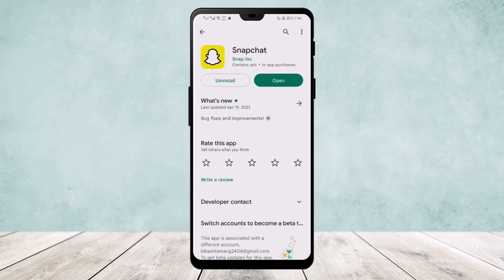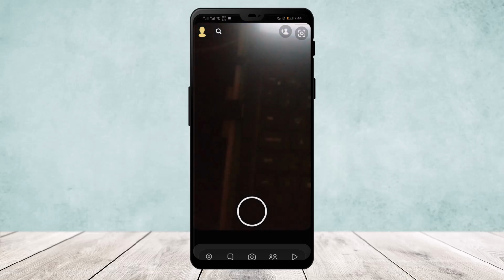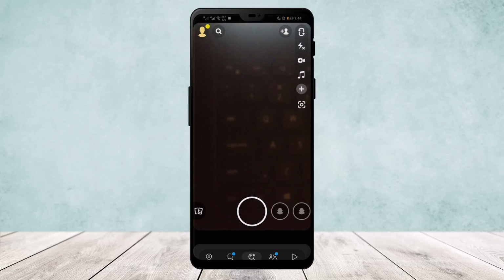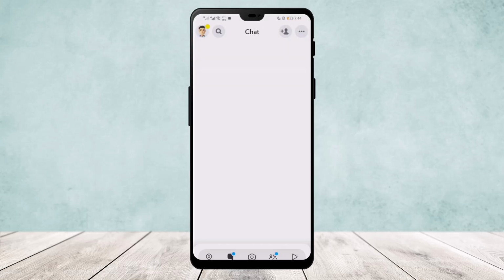Today I'll guide you on how you can delete multiple Snapchat messages or conversations at once, in one go. Now, open Snapchat and make sure you are logged into your account. Here, once you open, you'll get an interface like this. Now, if you tap on the message icon that you can find on the bottom of your screen, you'll get